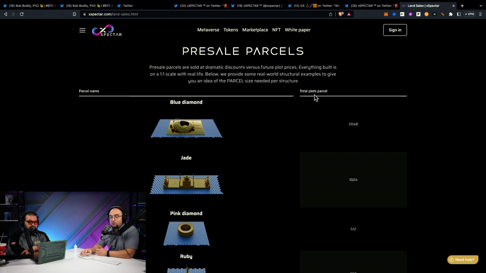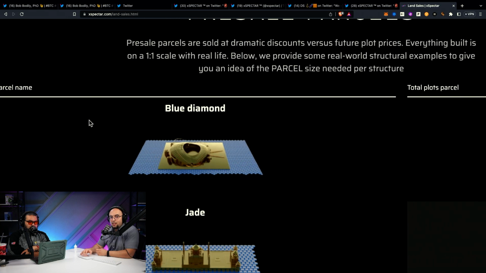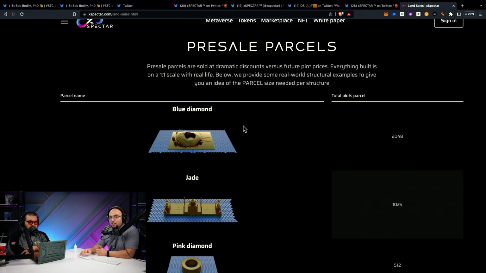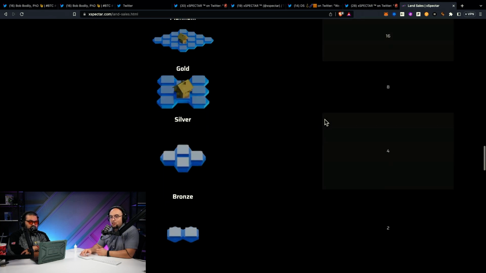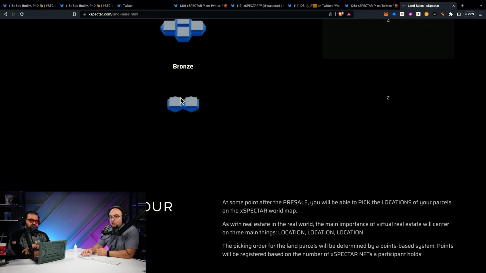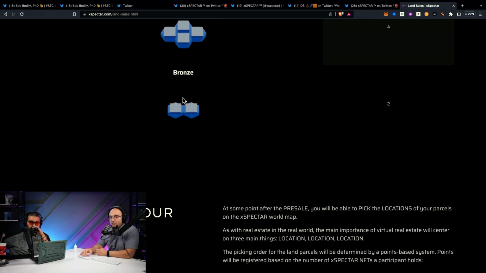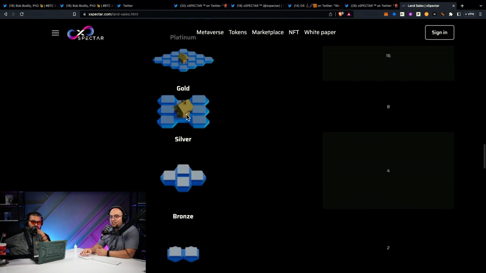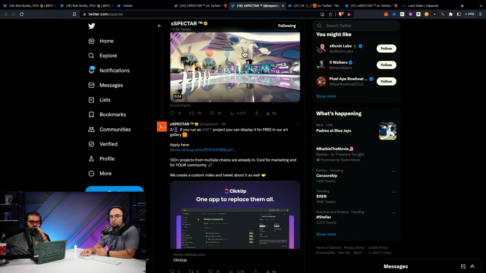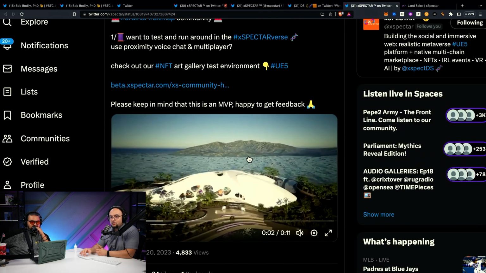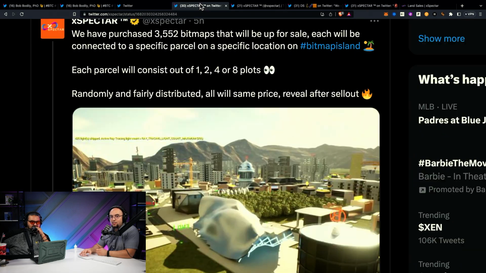So for example, we have total plots on the right, and then we have the parcel name. So they have plots to parcels versus Bitmap has parcels to districts. Okay. So when they talk about 1, 2, 4, or 8, they're talking about 1 unit, 2, 4, or 8. Right. And so it looks like in one of these images below, they have essentially a map of the island. Right. And so of that island, you're going to see...